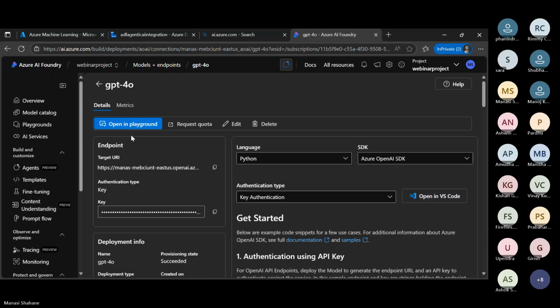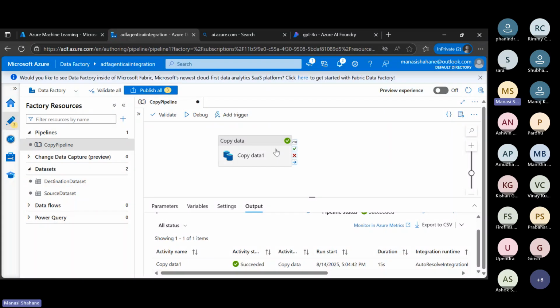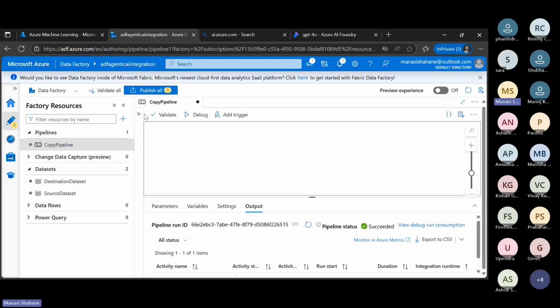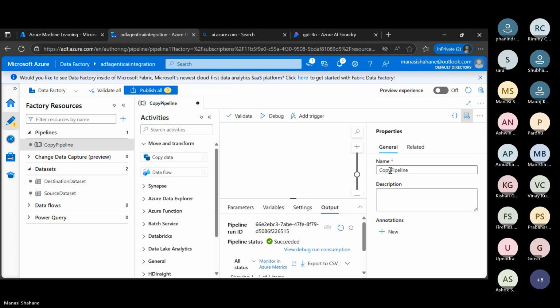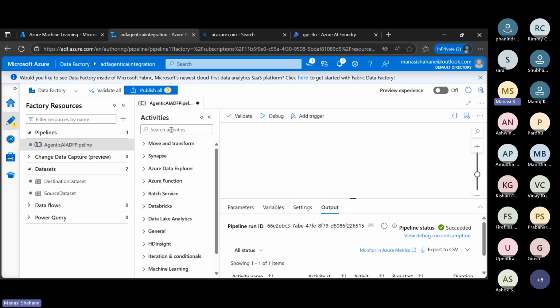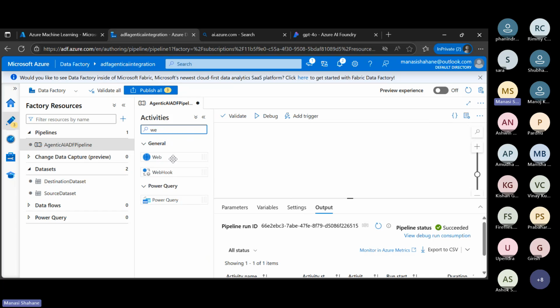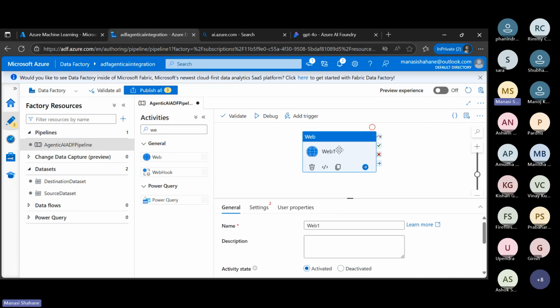So over here, I'm going to come to the data factory service. In this pipeline only, I'm going to make some changes. So I'll just rename this. Just collapse. Now, like I said, we will be using the web activity. We are going to use this activity and we are going to integrate it, right? This is the activity that is going to help us integrate the data factory service with the model that we have deployed. So over here in the settings option,